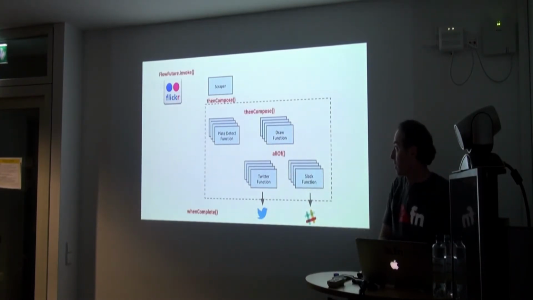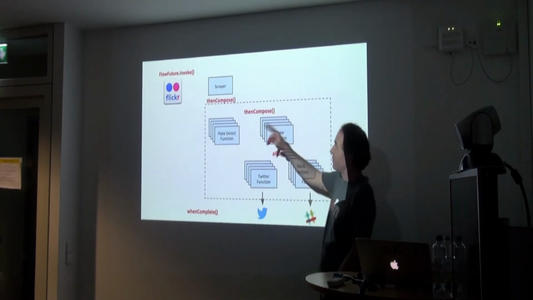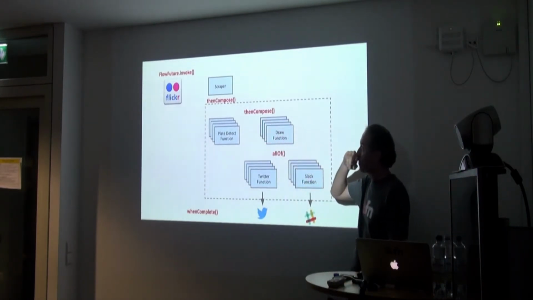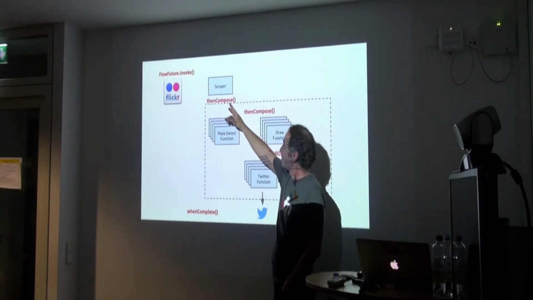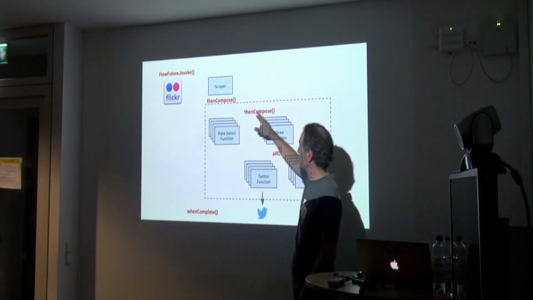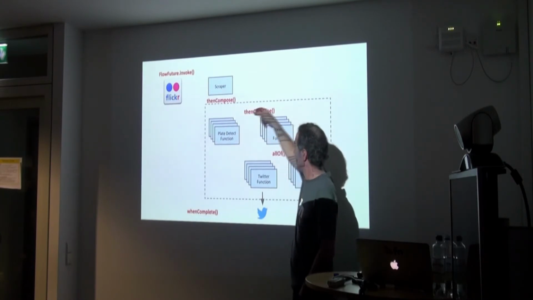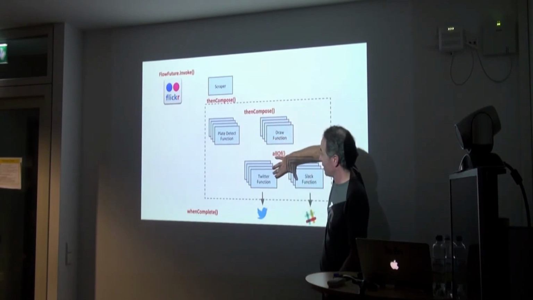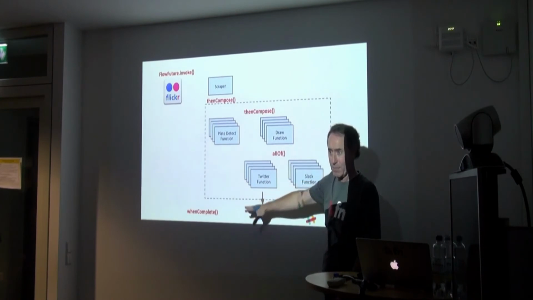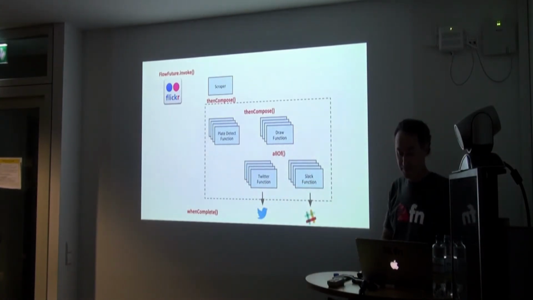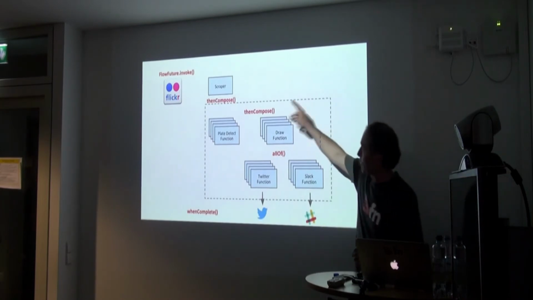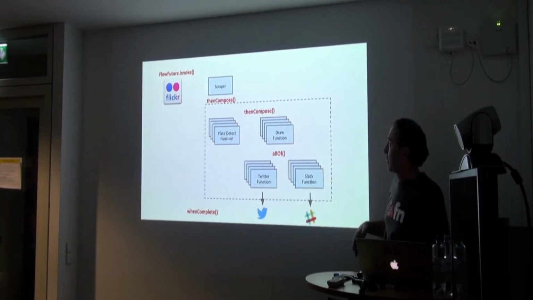Twitter and Slack. So the primitives we use: we have Fn Flow, the feature invoke to start off, but then we use the feature API, primitives like thenCompose. Then compose this, then do this, and when all of these are done, and when it's all completed, we want to do some final cleanup task, perhaps issue a message in our case. So this is how I want to put these together, and we need to write code.